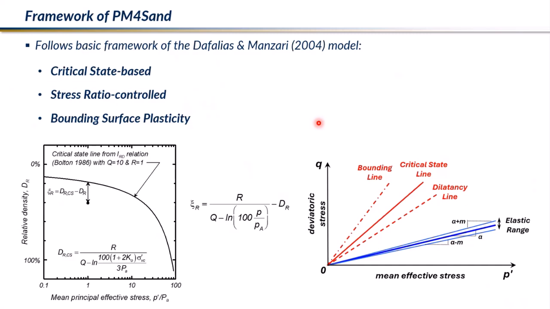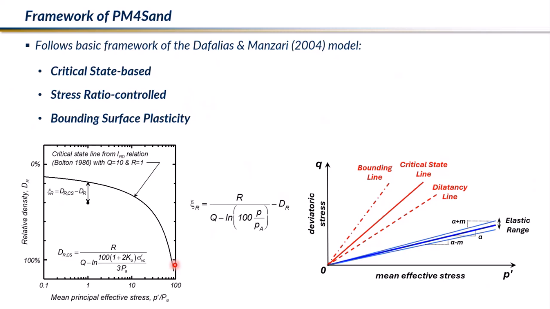Now, in terms of the framework, we followed the framework of the Dafalias and Manzari model, and this comes with very particular importance because it's a great framework, and it comes with 3 principles. It's critical state based, meaning that whether in the SAN or the SILT framework, we follow the critical state line and the critical state framework, basically very eloquently combining the effects of confinement and packing and their effects on the